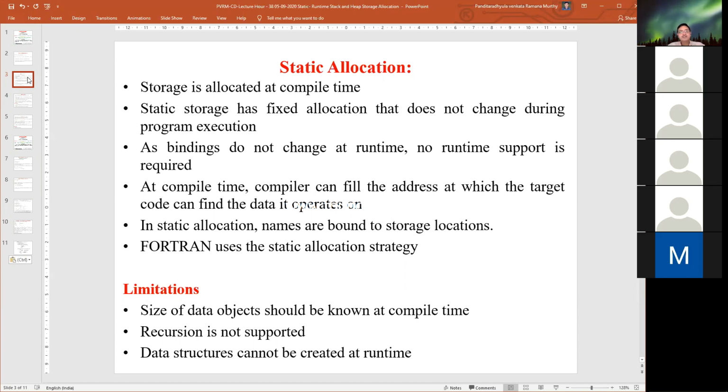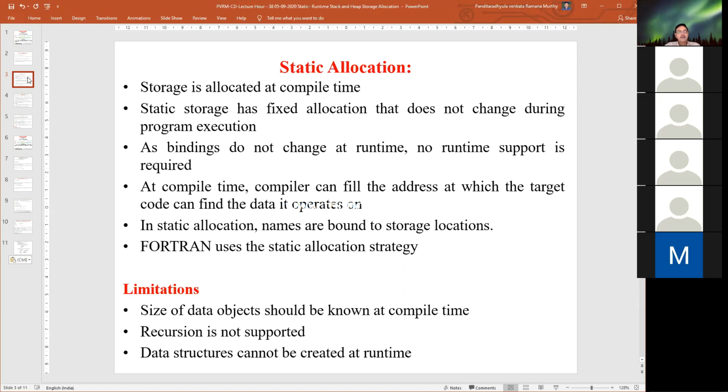So as bindings do not change at runtime, the memory locations are fixed. No runtime support is required for the static memory allocation. Otherwise, the binding would change each and every time we execute the particular program, and we would need to support that particular location for the variable.